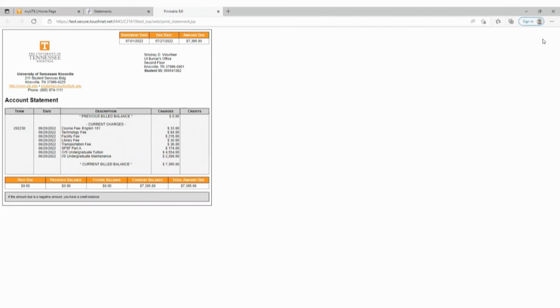If you need a real-time statement, students, go back to your MyUTK and beside balance, click the View Pay Fee button. That shows you your fees in real time. So I always advise that you check your bill on payment due date just to make sure maybe a book or another course fee, maybe if you've added or dropped classes, that nothing has changed since you made that last payment.